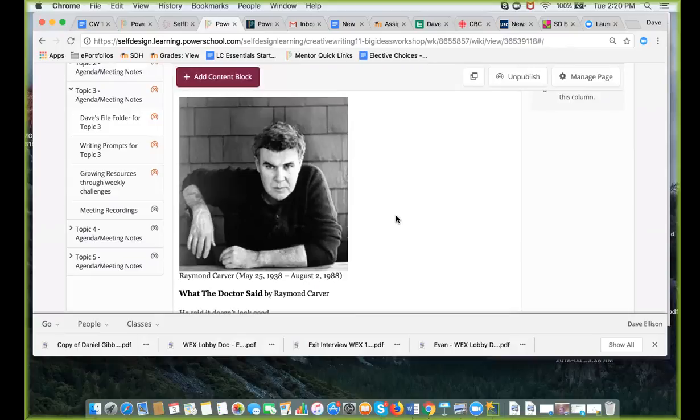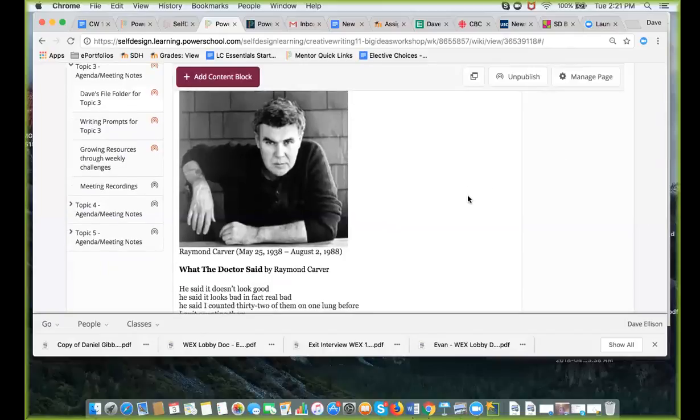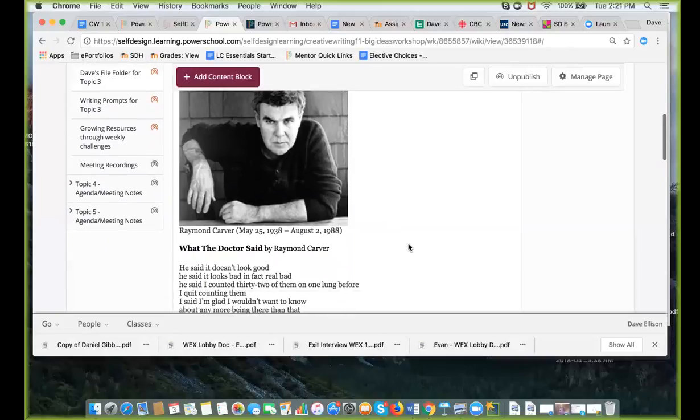The interesting thing is every time he won a major award, like the Pulitzer and other major awards, he would use the money and then write a book of poetry. So I think on some level he really appreciated poetry, and this poem here is actually about